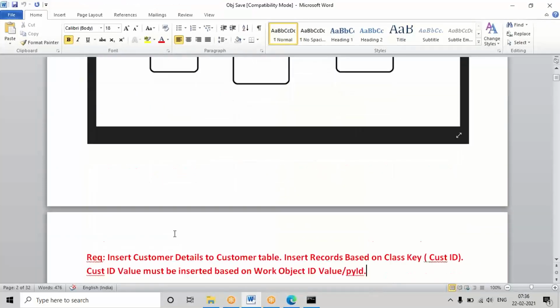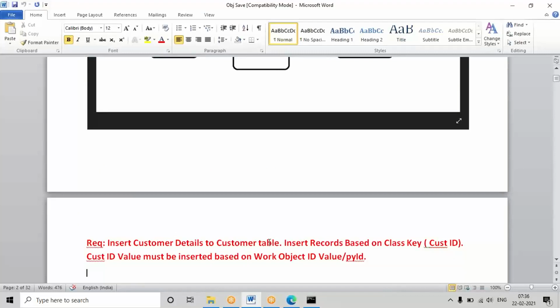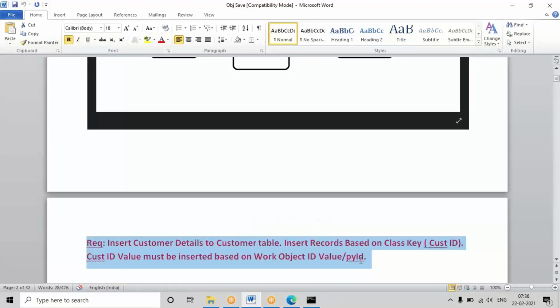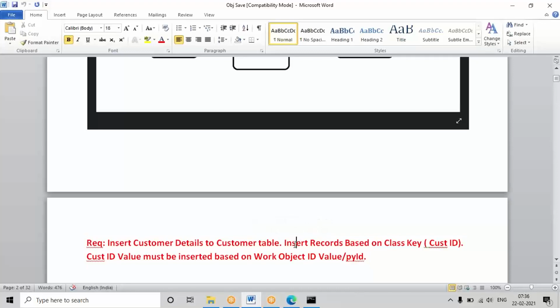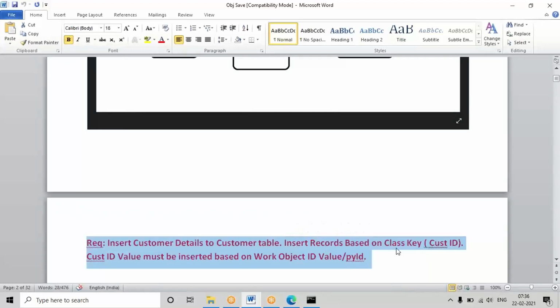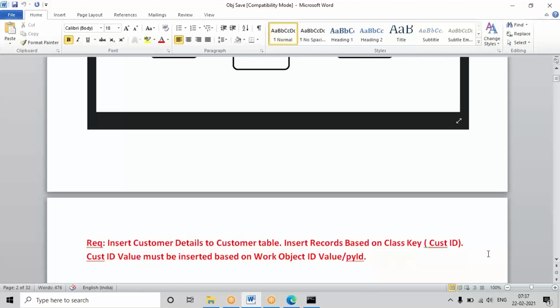Insert the customer design property values to the customer table, and here, compulsorily, any insert action you want to perform in the application is based on class key only. See, in every data type some class key property will be there. If you want to define a data type without class key, we cannot define. So based on class key only we can insert any data to the data table. See, in the table I'm going to use a property called customer id. See, customer id is not there in the customer design. So what I'm going to do means, for this customer ID property, I will assign the work ID value.